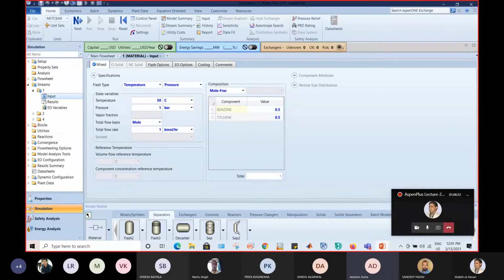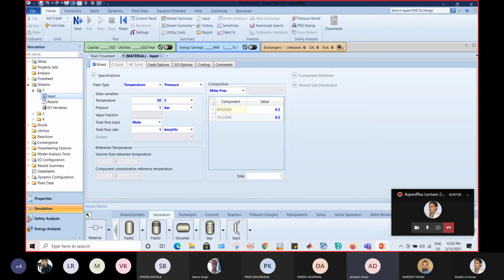That's why the models are called rate-based models. Don't confuse it with the reaction rate and all. I'm not telling those things. I'm just saying the design has been done in such a way that they will give you rating-based design. For that purpose, you can see that nothing is required regarding the output streams, since there are no red dots for stream number 2 and stream number 4. That means we don't need to feed in any data or specification for stream number 2 or stream number 4. Whatever balance equations have been written for it are inbuilt, and it will give you the data for stream number 2 and stream number 4 accordingly.